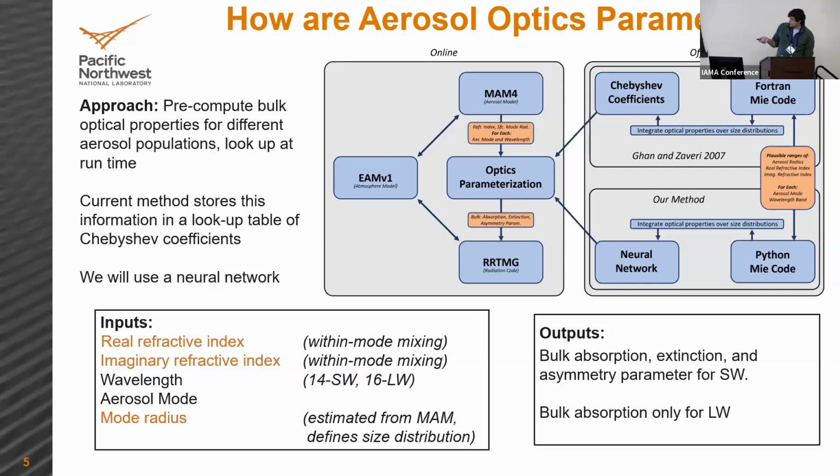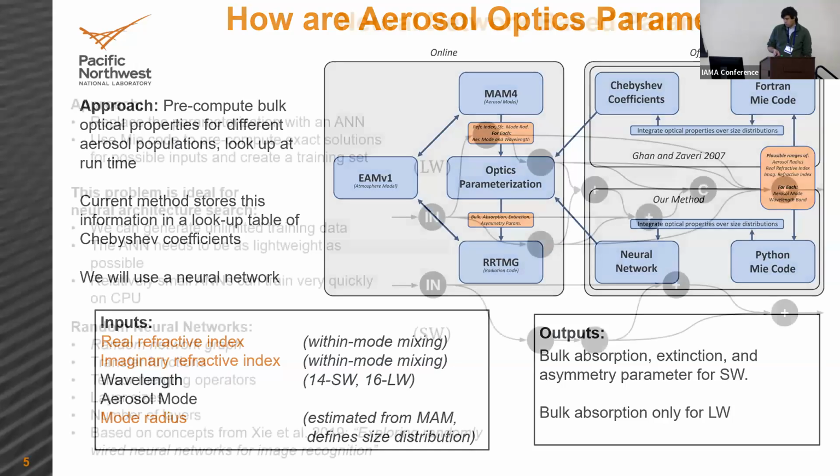And then down at the bottom, I've listed the inputs to the parameterization and the outputs. So there are 5 inputs to the existing parameterization. This means that if you're going to use a lookup table-based approach, basically if you want to increase the resolution of the lookup table, the size of the lookup table grows really quickly because it's a 5-dimensional table.